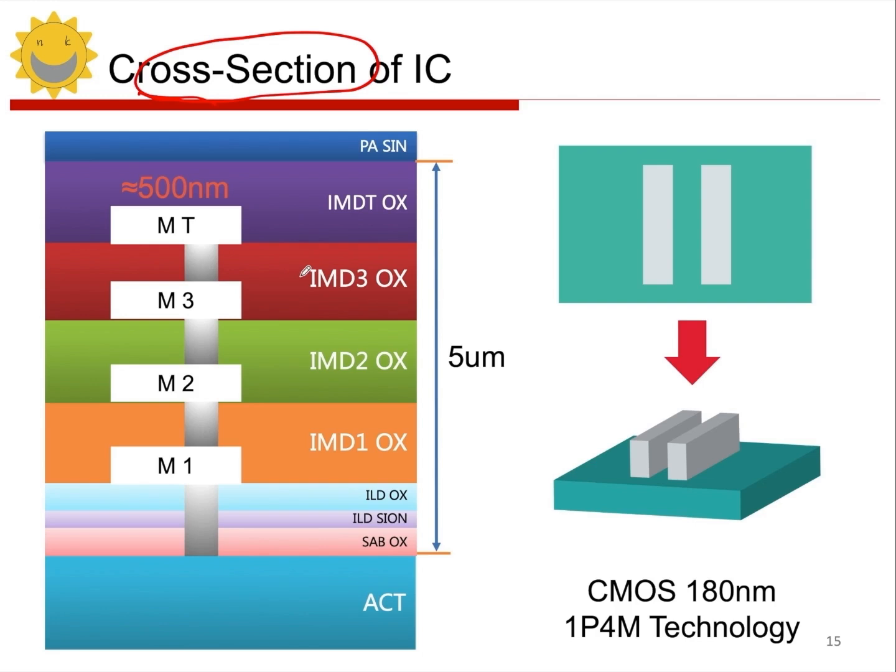The cross-section shows the silicon substrate or active area connecting to M1, metal 1, via a contact CT. There are 4 metal layers, M1, M2, M3, and M4, the topmost, or MT. Insulating layers of silicon dioxide separate these metal layers, preventing electrical connections. To connect M1 to M4, we use vias like VL1 for M1 to M2,